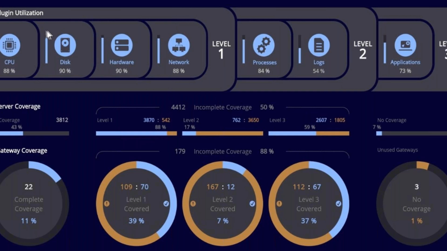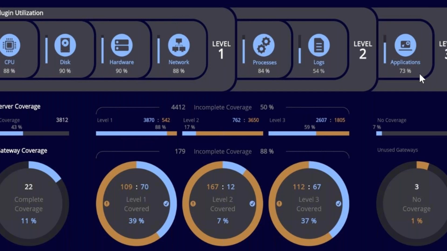Within managed services, we've defined policies for what equates to level 1, level 2, and level 3 maturity. What we've defined as level 1 is CPU, disk, hardware, network. Level 2, process and log files. And level 3, everything else. Level 3 is what sets us apart from our competitors. And therefore, we needed to create a view where we can actually see how well the product is being used